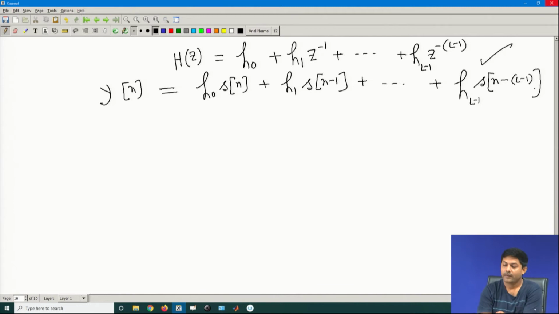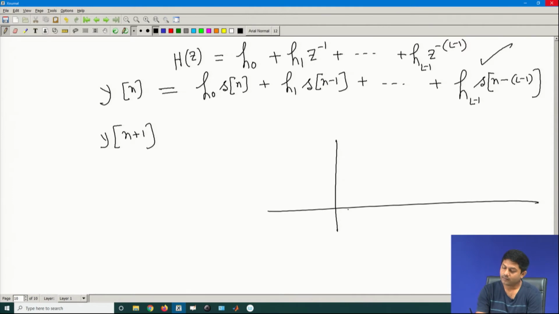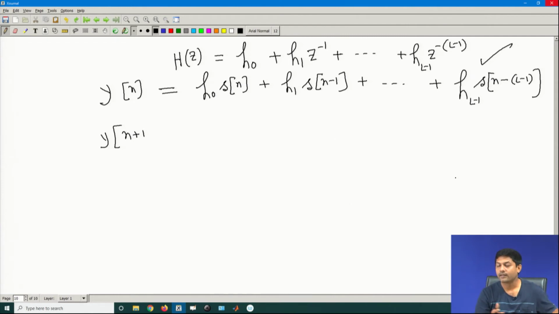Okay. Let us say I have y[n plus 1], because y[n] is the first sample. So, it was as if this is my sampling point, somewhere I was sampling my y[n], the first one, then y[n plus 1], y[n plus 2] and so on and so forth. So, I am just sequentially observing all my data. So, what is y[n plus 1]? I am only doing a few of them.